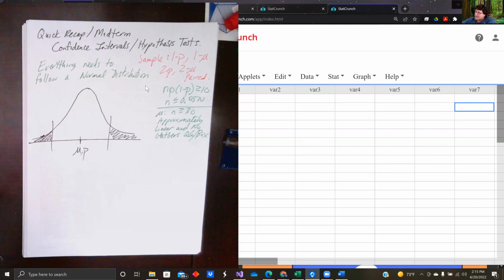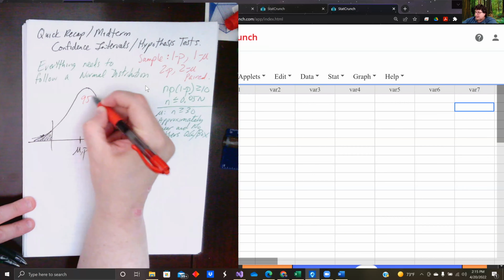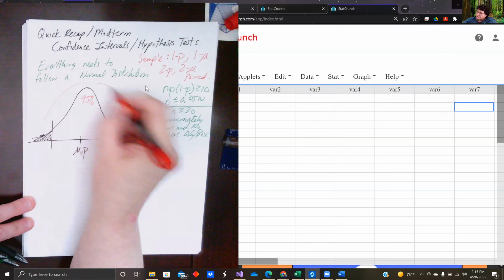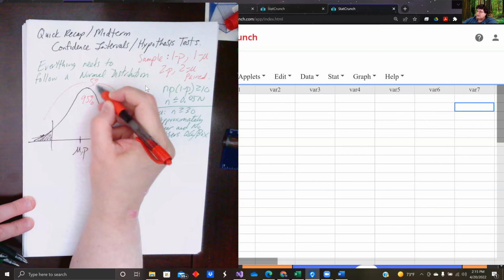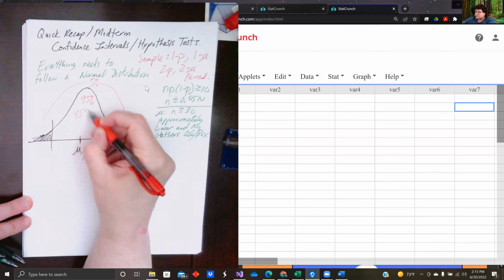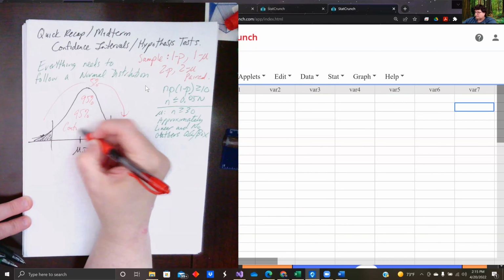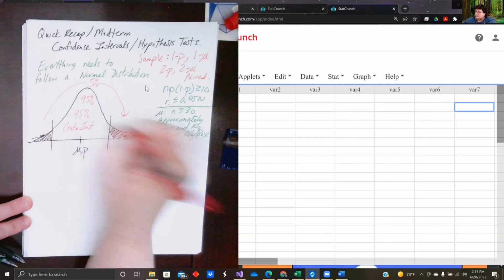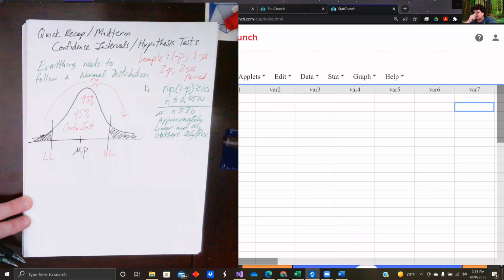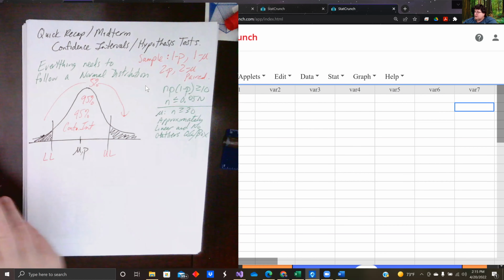So when we want 95% of the area to be right here, it leaves 5% outside. This would give us a 95% confidence interval. This would be our lower limit, and this would be our upper limit. And we would, in this case, say we are 95% confident